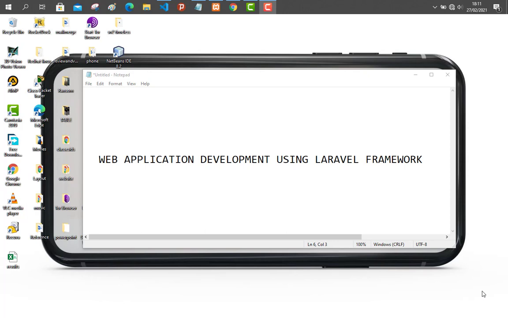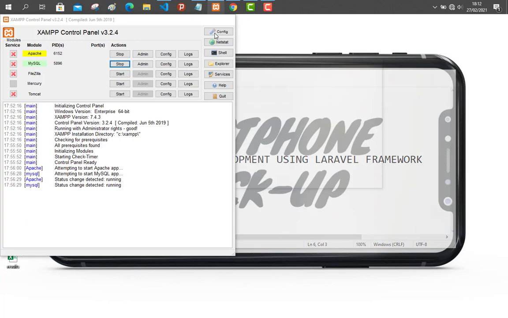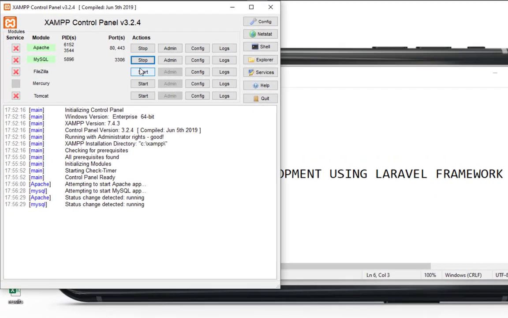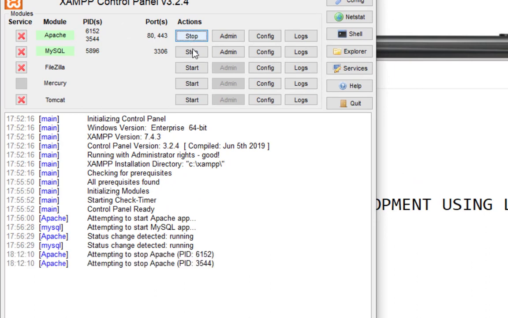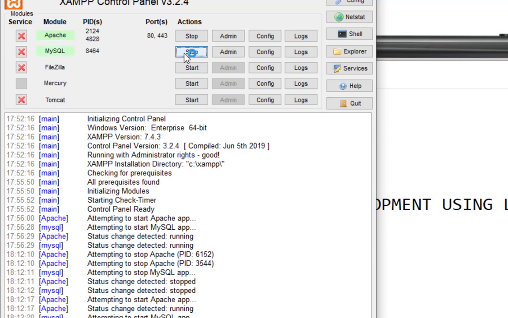One of the requirements I showed you during the installation process was XAMPP. You need to first install XAMPP, and now I'm running my XAMPP. This is my XAMPP control panel. I've already started it, and if I want to stop, I just click on stop. So here now I've stopped my XAMPP. Let me start it because it is necessary. When you are dealing with LARAVEL, you need to have XAMPP